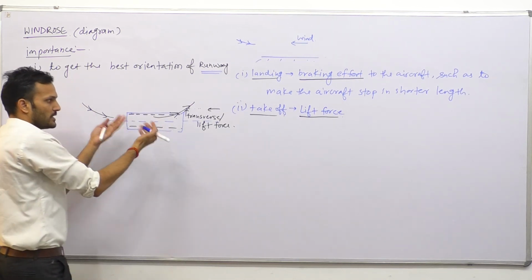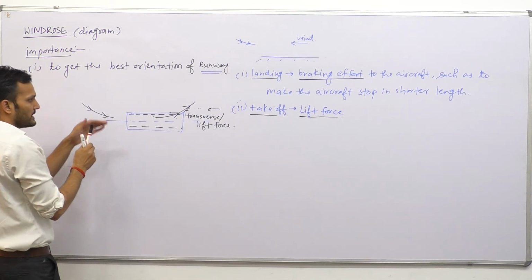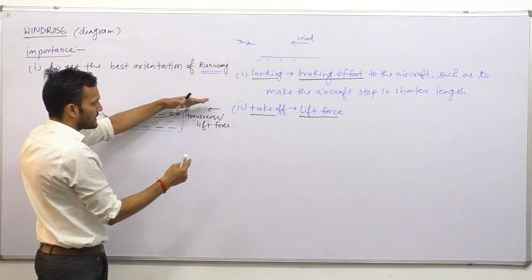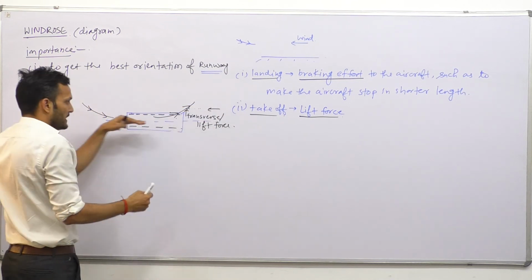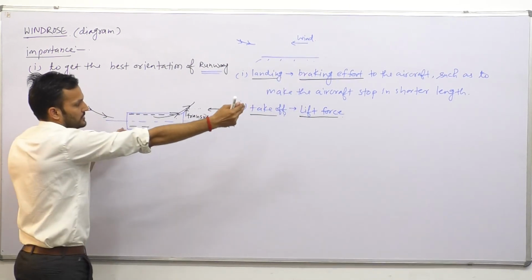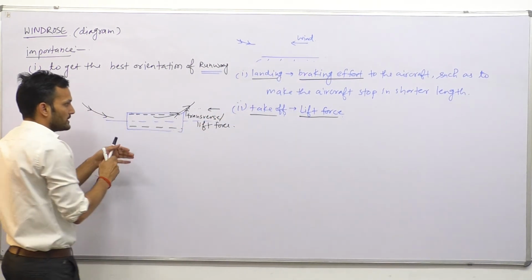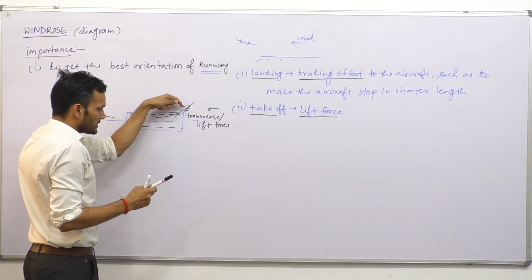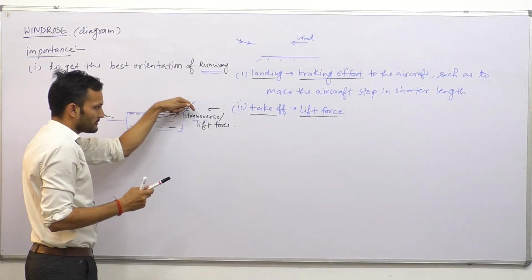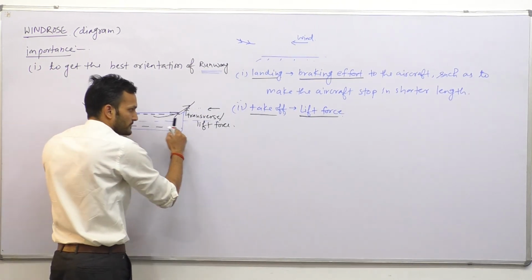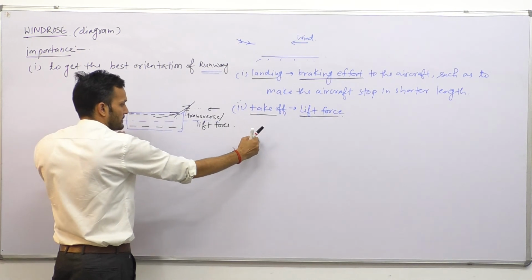If the condition were reversed, like the wind is blowing from this direction, then the component will be pushing the aircraft towards the carriageway, and it will be moving over a larger length of the runway to take off. So in the second scenario, when the winds are tailwind, the force on the aircraft will push the aircraft towards the pavement, which will make the aeroplane move for a longer distance of runway.